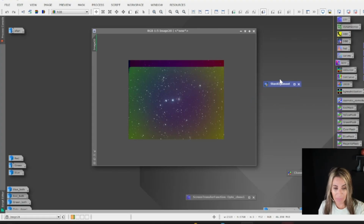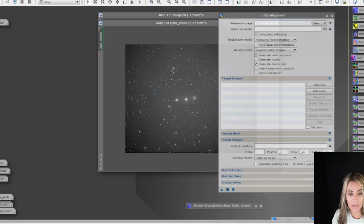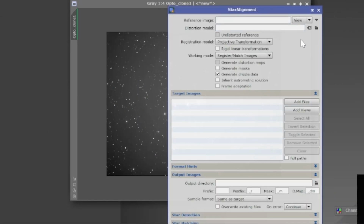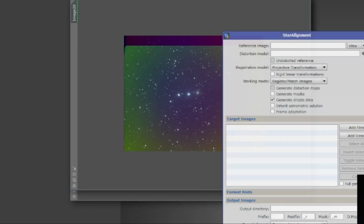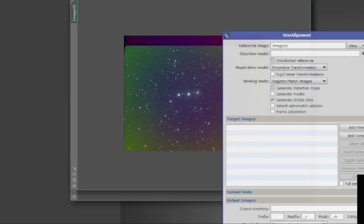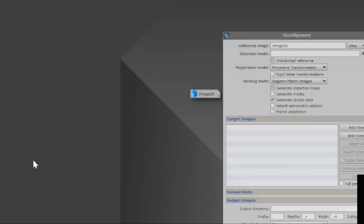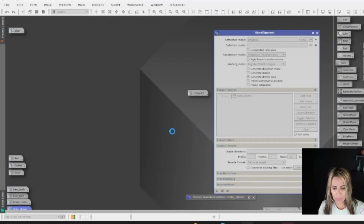Before I move any forward, I want to crop this image. The luminance comes from the first round of images, which was on a completely different day than the second one. And just to be safe, I want to register this, do the star alignment on these images. I may just go ahead and use image 20 here as reference. And we're just going to bring the luminance up to clone 1, which is the name that I gave it, and we're just going to register them